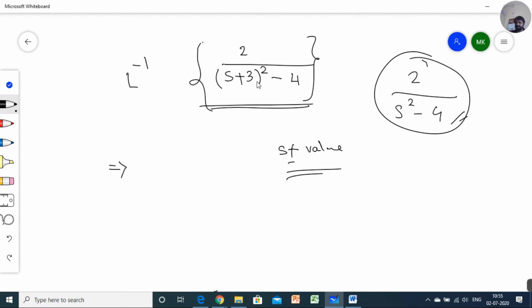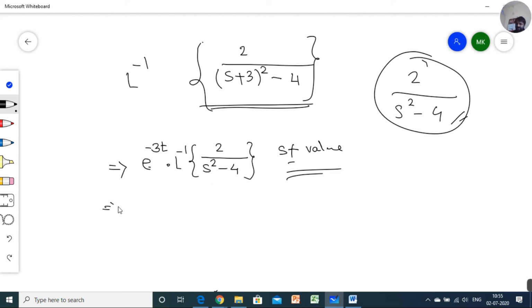तो s के साथ +3 है, मतलब e रेस टू माइनस 3t वहाँ पे डिफाइन होगा. और आगे फिर बढ़ूँगा मैं, Laplace inverse of 2/(s² - 4). रिटर्न फिर से चेक कर लेने का. अगर e रेस टू माइनस 3 इंटू दिस Laplace में करूँ तो मेरे को s के साथ +3 वैल्यू मिलेगा.